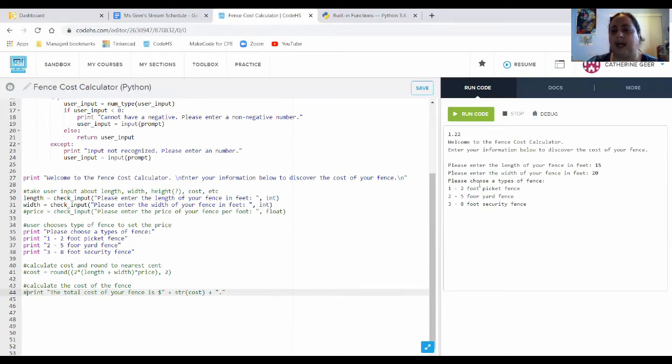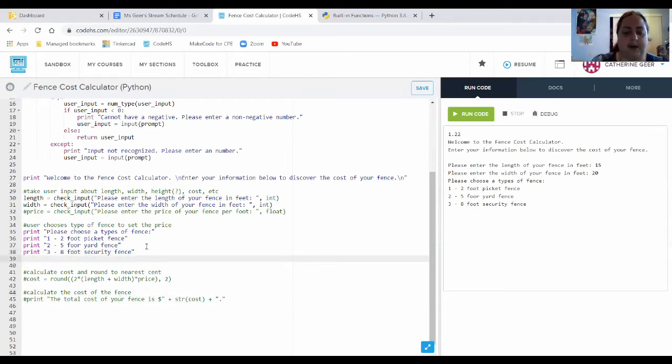And so now I need to have a place for them to enter that. So that's going to be an input. Okay, and maybe we call it fence type. That seems like an appropriate variable name, right? It's descriptive of what's happening. Fence type, and